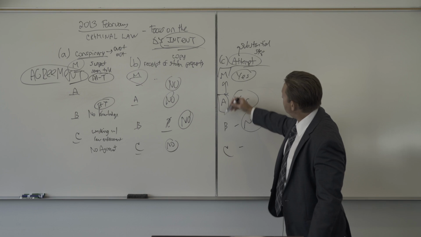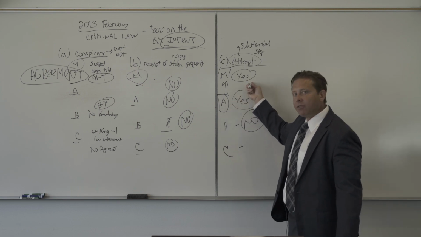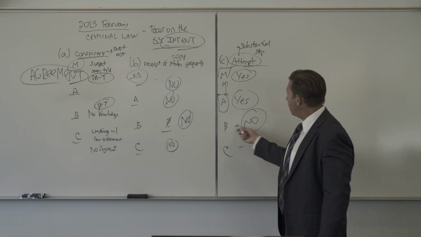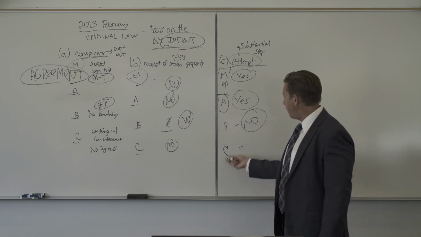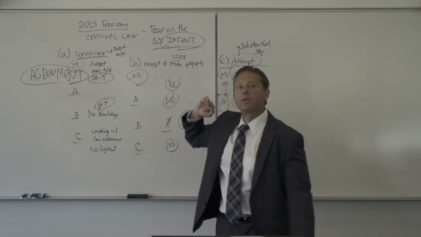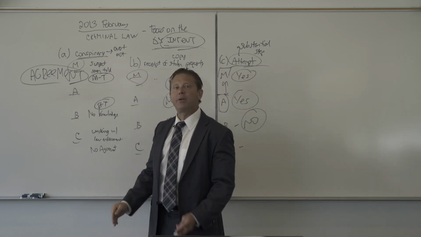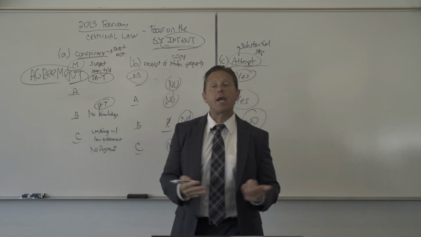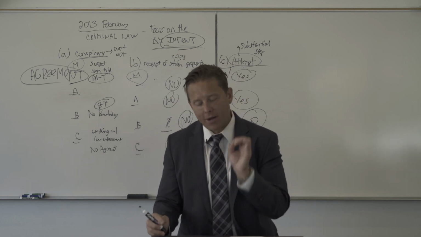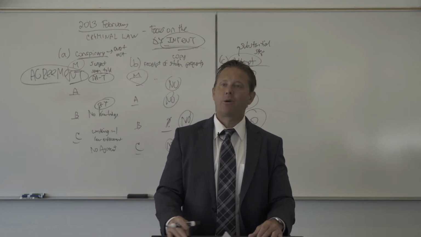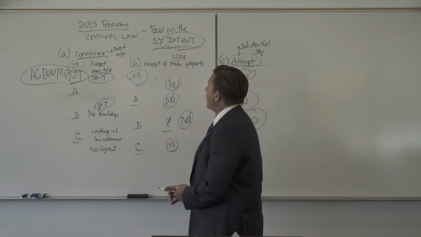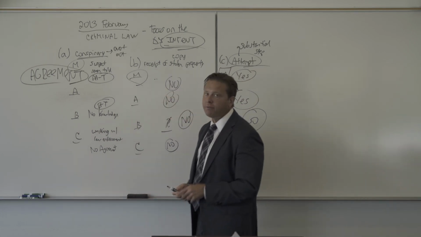Here, with attempt, you put M and A together because they believed it was stolen. Therefore, they had the specific intent to receive stolen property. B had set the whole thing up, so clearly not for him, and C is working with law enforcement. So again, you can see calls B and C were super quick to get through. Call A probably would have taken some time. In fact, what would have taken the most time is reading the fact pattern carefully and fully understanding the question the examiners were asking you. All right, that's a wrap for 2013 February question 1 for criminal law.